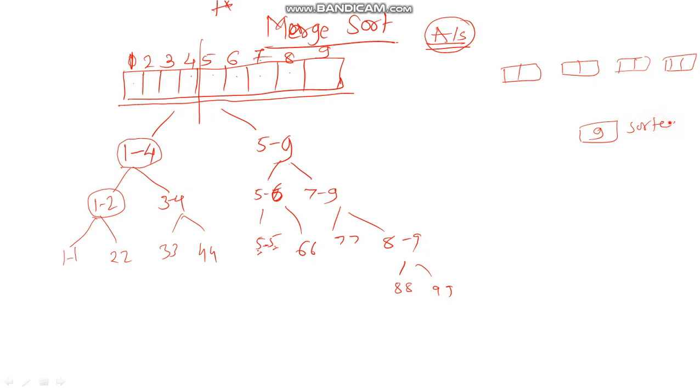We know that it is always sorted. So that means I am getting 1 1 and 2 2, two sorted arrays, and I know that these two are sorted. Now I will merge two sorted arrays. Whichever is the smaller among these two elements will come at the lower index, whichever is the larger will come at the higher index, and I get a sorted array of size 2.